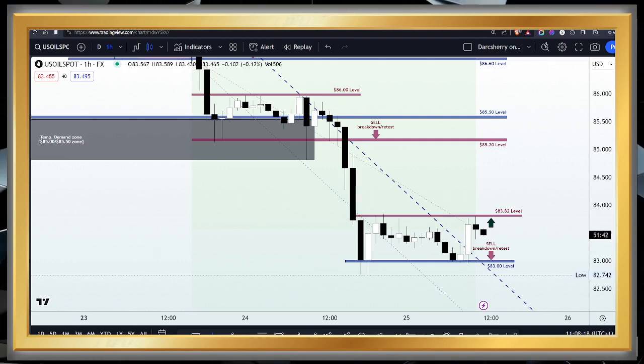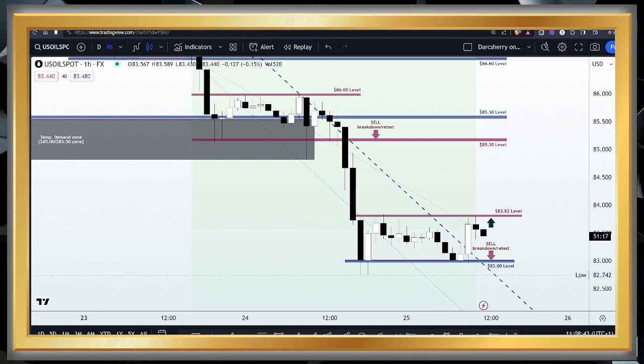Since the beginning of the week, we have been monitoring four major assets, which include the US Oil Spot, the USTech 100, popularly known as the Nasdaq, and of course the GBPUSD and XAUUSD, popularly known as the gold spot, and all of which we were able to